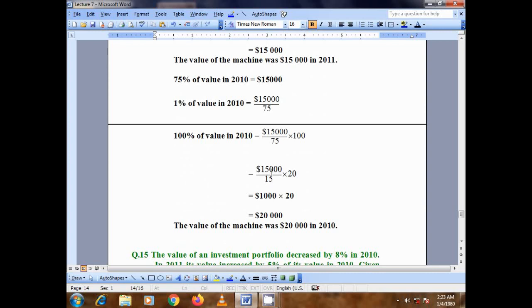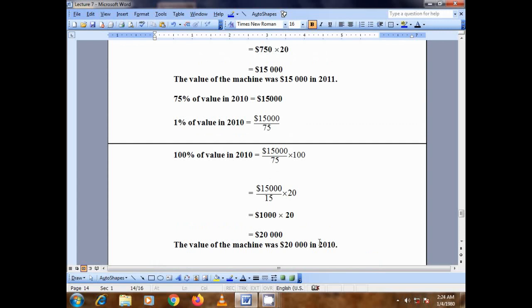Again, we can divide 15,000 by 15: 15 times 1 is 15, and 3 zeros will be written as it is. This means that if you divide 15,000 by 15, the quotient will be 1,000 multiplied by 20 as it is. Now simply let's take the product of these two numbers. If we multiply 1,000 by 20, we will have $20,000, which is the value of the machine in